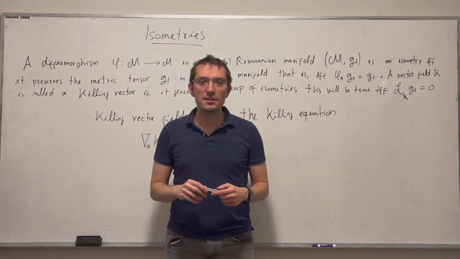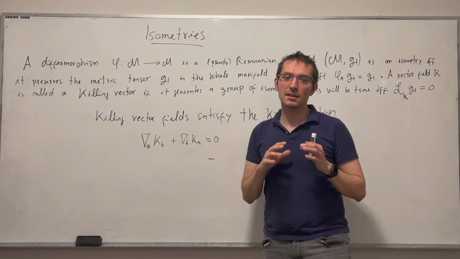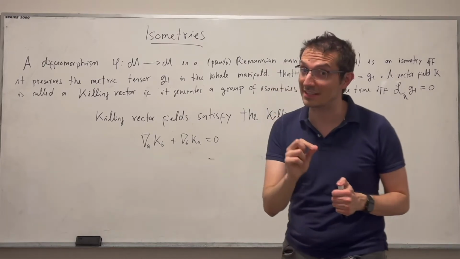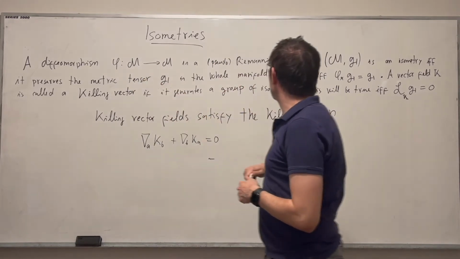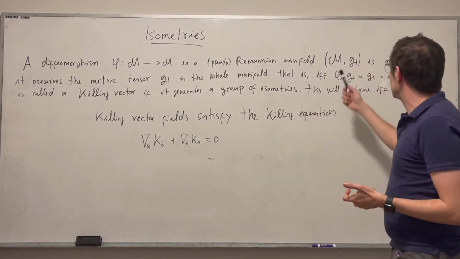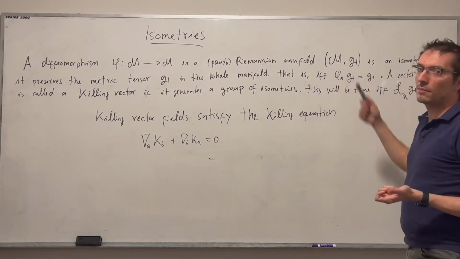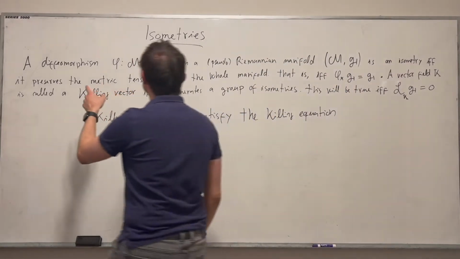Welcome to today's video. Today we're going to talk about the notion of isometries, a very important notion as we will see later on because of the implication it has for physics. Alright, so a diffeomorphism going from N to N in a pseudo-Riemannian, could be Riemannian but also pseudo-Riemannian manifold, the manifold equipped with the metric, is an isometry if and only if it preserves the metric tensor G